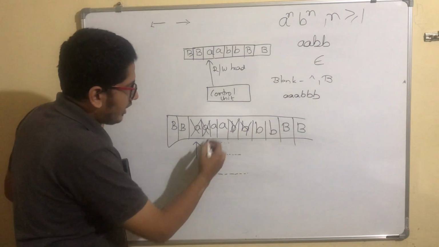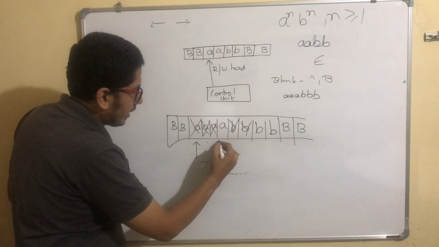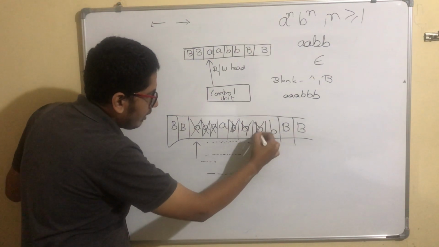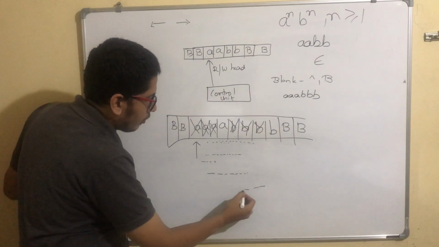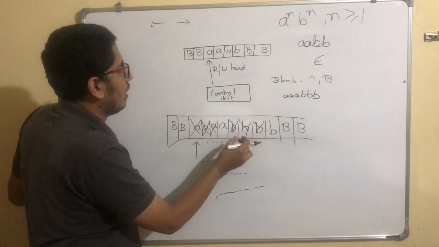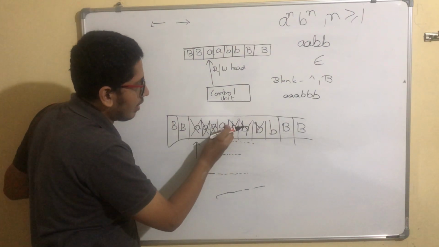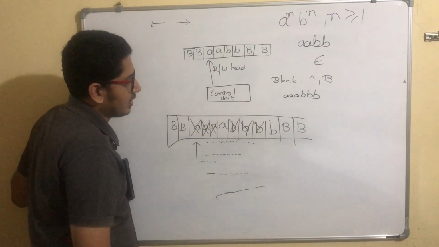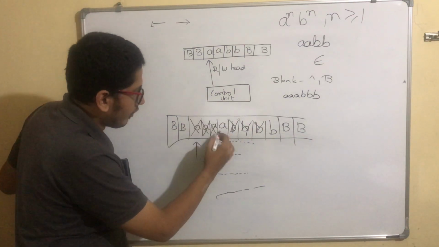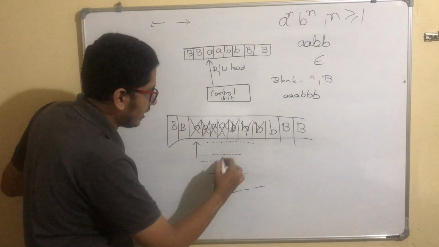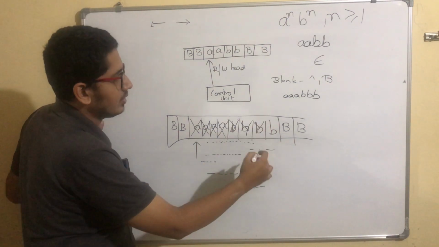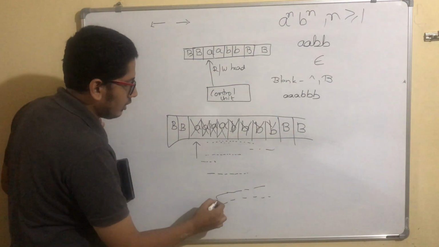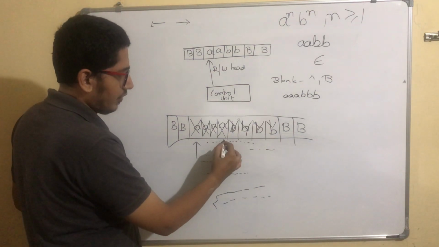Right of it, it is A, mark it as X, again go right, go right, go right, go right. This is the unseen B, mark it Y, again come towards left. While moving towards left, there can be any number of Y's, any number of A's. It will move till the first X is reached. So this is the first X. Right of it again there is A, mark it as X, again it moves right. Then till the unseen B is there, it marks it as Y. Then again comes left, now this is the first X, it comes till here.